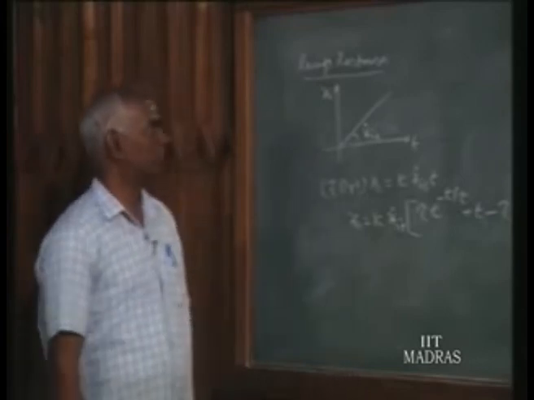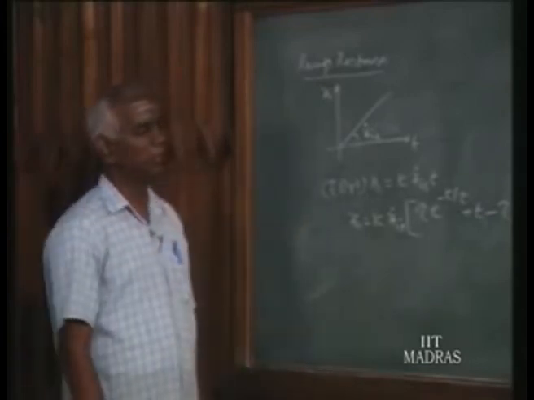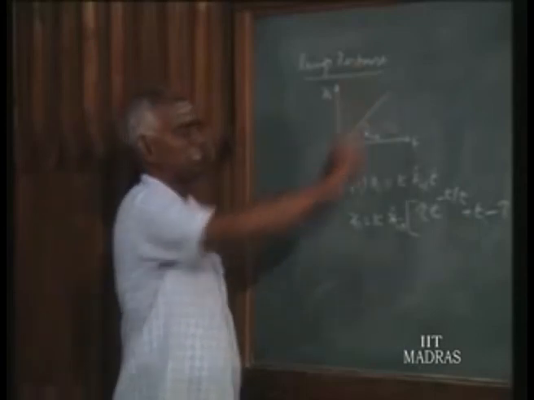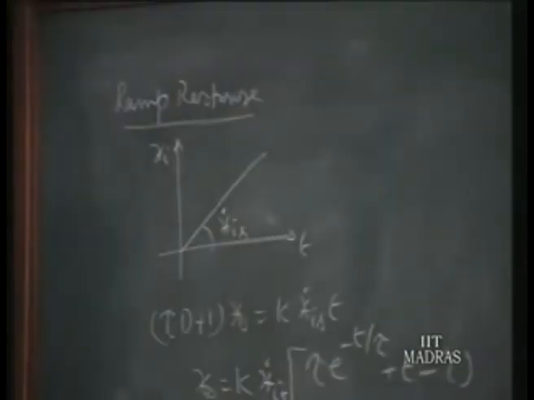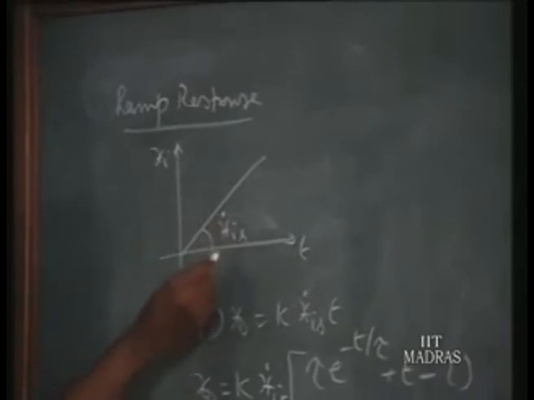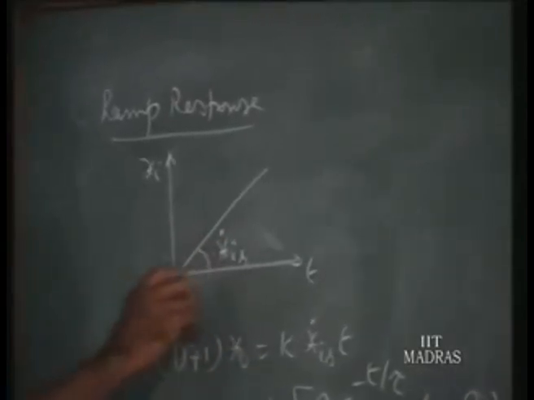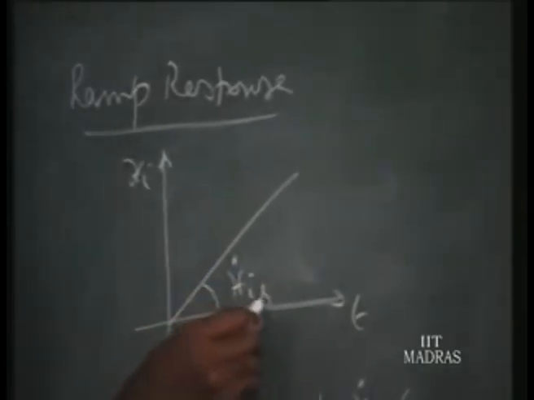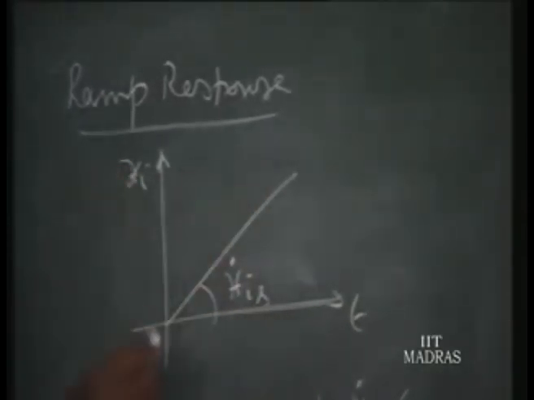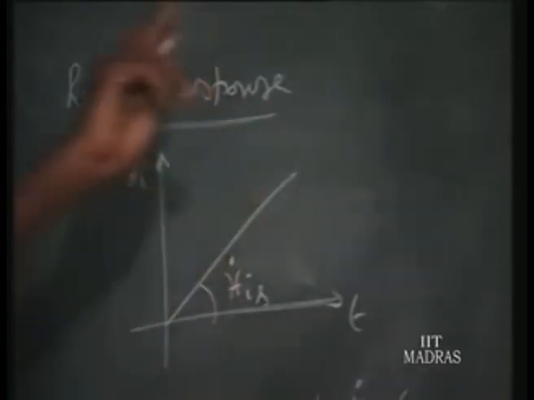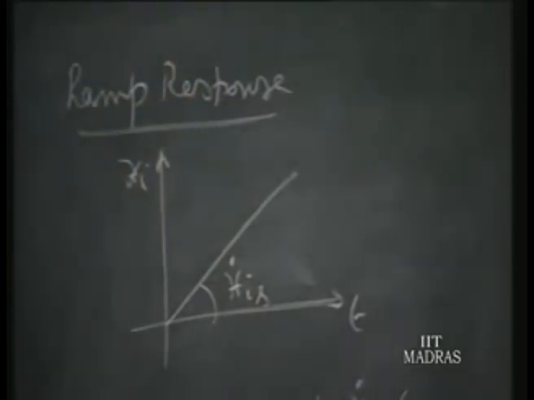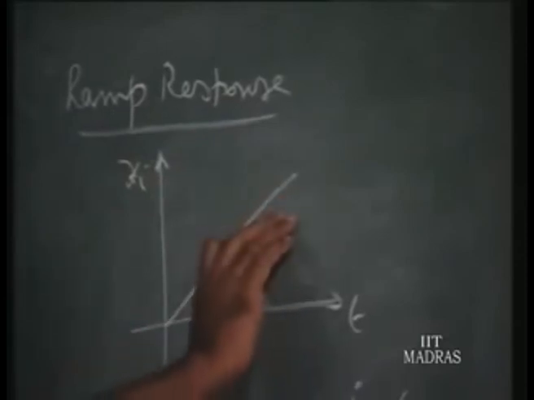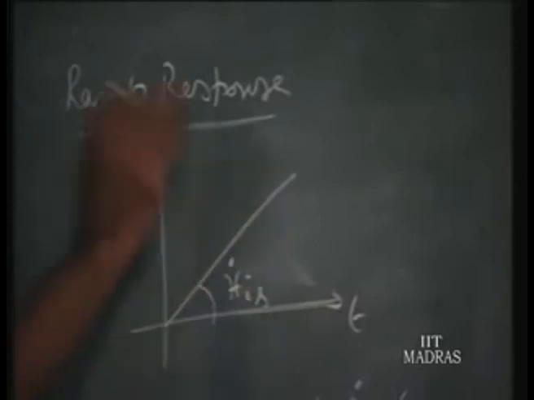Now we see the ramp response. We have seen the step response. Ramp response means that at a given velocity, the input signal is continuously varying, increasing. We say velocity xis dot, dxi by dt, is a constant velocity, so xis dot is a constant slope. So xi will be increasing as time increases. Instead of xi being a constant value xs, here it is increasing from 0 onwards. If that is the input, it is called ramp input. The response of the instrument for this ramp input is called ramp response.